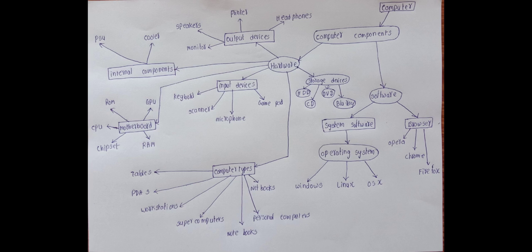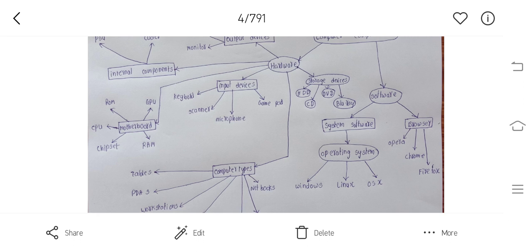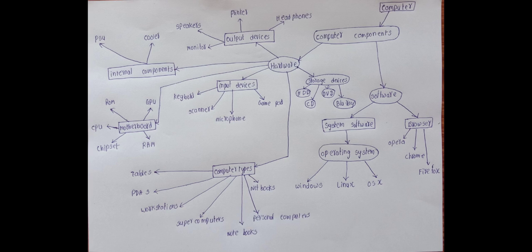Software is further classified into system software and browser. Operating systems are Windows, Linux, and OS X, and the browsers are Opera, Chrome, and Firefox. The most common browser we are using nowadays is Chrome. And going to hardware, there are several classifications